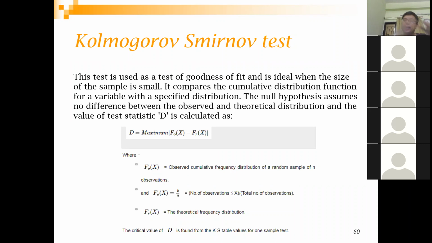And then there is a KS table, like you have a normal distribution table. So using the KS table, you can decide whether this comes from that theoretical distribution or not. Let me repeat once more. What we do is, you have different values of x for your distribution. Corresponding to that, you calculate your cumulative distribution. Everyone can calculate cumulative distribution, right? So that is your cumulative observed frequency distribution.